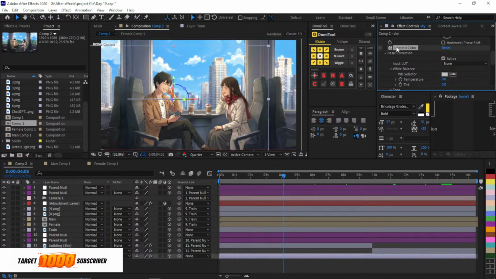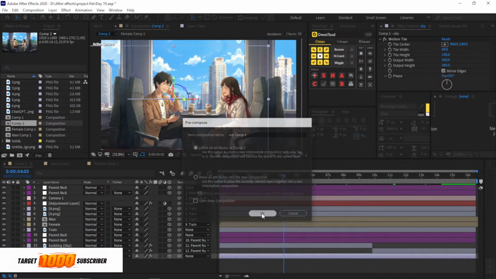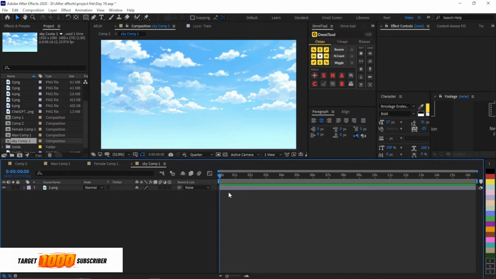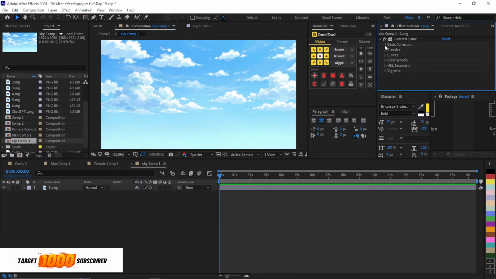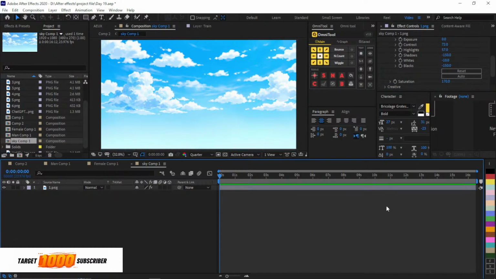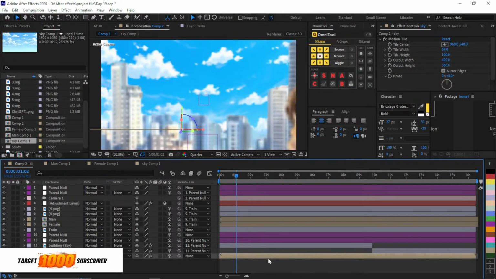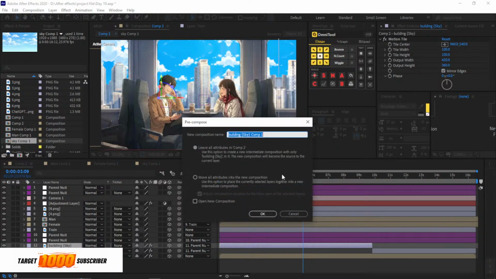okay. After the Lumetri color it does not work, so make it pre-comp and then open the pre-comp, add the Lumetri color, and then increase the contrast, then highlight, then shadow, then whites, and now pre-comp this building,